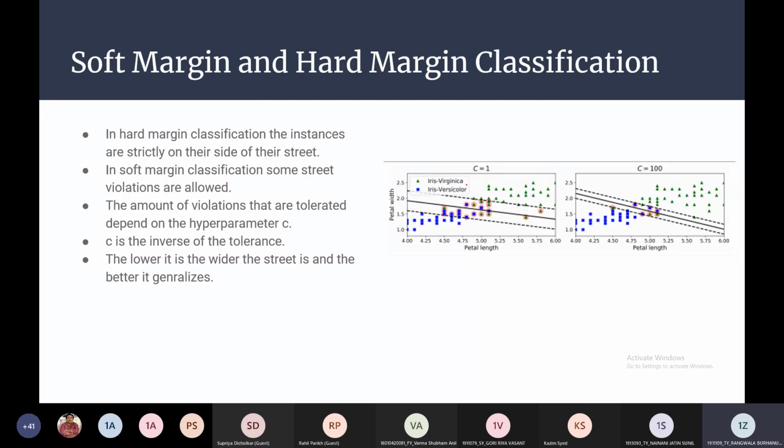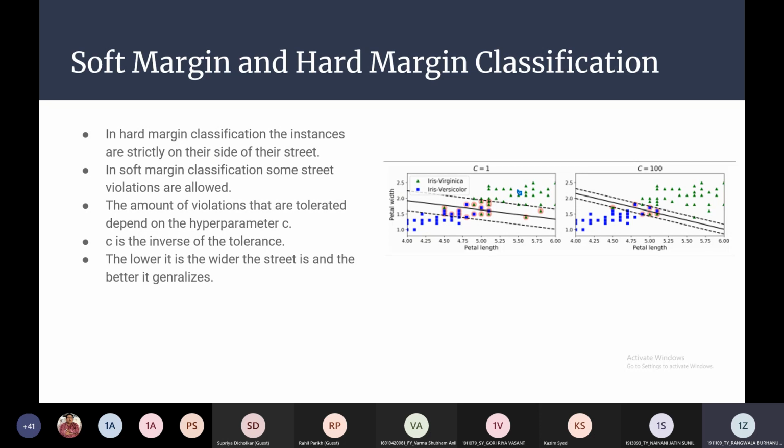Now you saw how class 1 is all on the left side of the street, while class 2 is on the right side of the street. Now can anybody tell me, if one of the blue classes was on this side, what would happen then? How would the street be formed then? Can anybody answer me? I guess since you're not answering, you don't know, so I'll just explain.